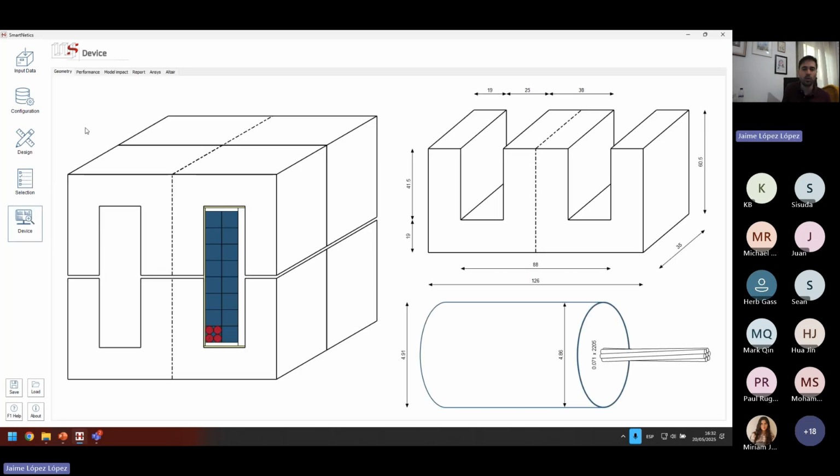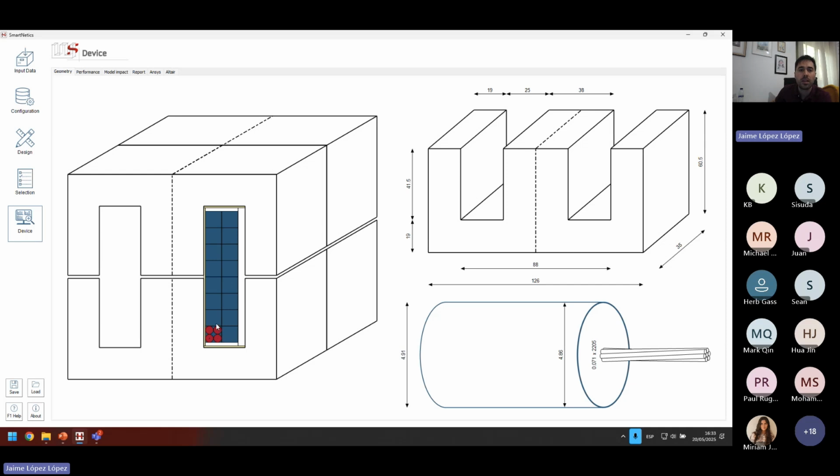In this step, you can run a deep analysis of the single design that you have selected. First, you can check the geometry. As you can see here, we are using 2 U-cores in parallel to generate an E-core. You can see the dimensions of the core, of the wire, etc. You can see if your wire is going to fit in your window. You can see that every turn is composed of 5 wires in a, let's say, a square distribution.